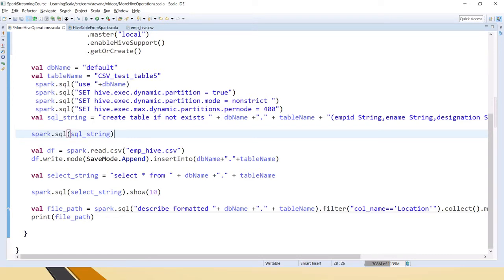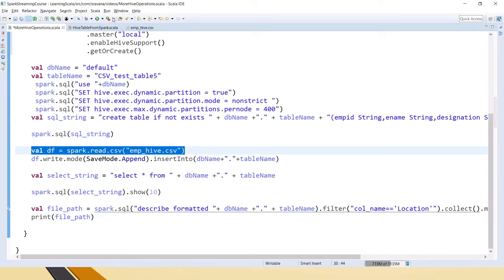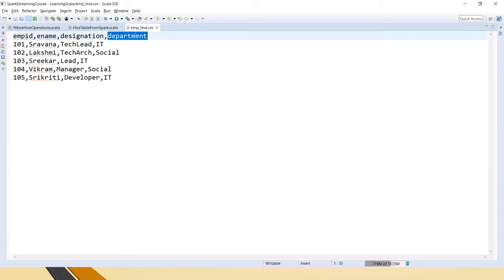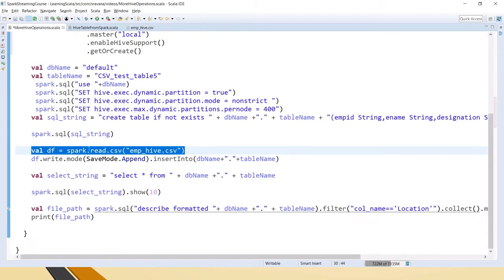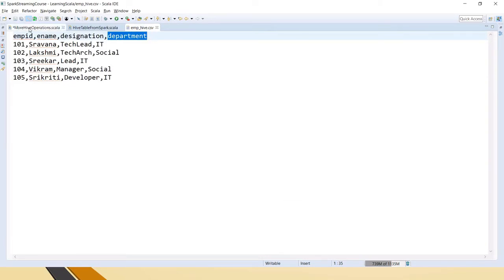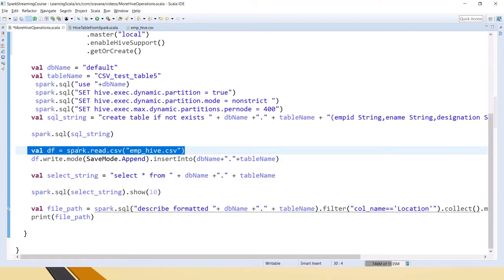Okay, that is also another way. If you know Hive, those are all default statements for how to load a table. But from Spark, how will you do that? Using a data frame is also one of the ways. So now this employee emp_hive.csv file is there, right? I am reading that file as a data frame because this is a CSV file, which is a comma delimited file. I am using the .csv format, reading that as a CSV, and I have created a data frame.